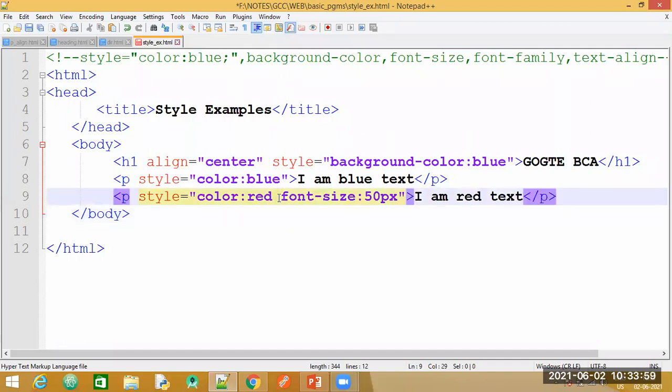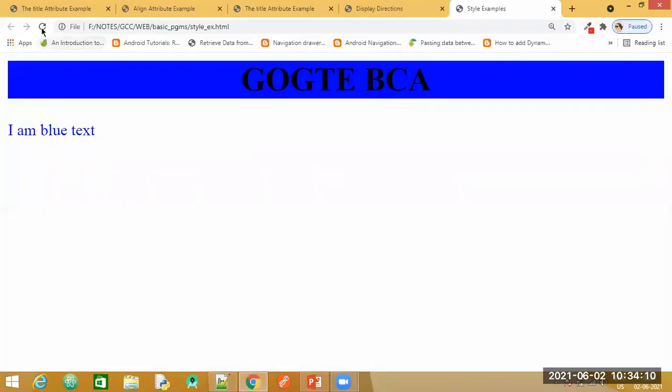Again, observe here, I have just given a space. There is no comma, there is no semicolon. Save this. See, you got the output. But observe here, the text is there, it is not in red color. The font size also looks the same as the sentence above. Right? Let us go back now.